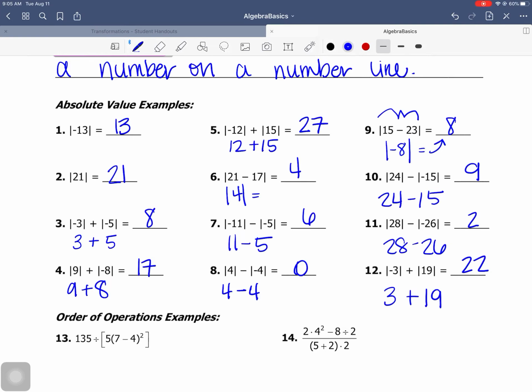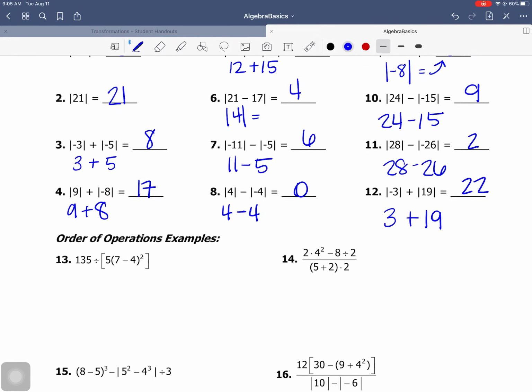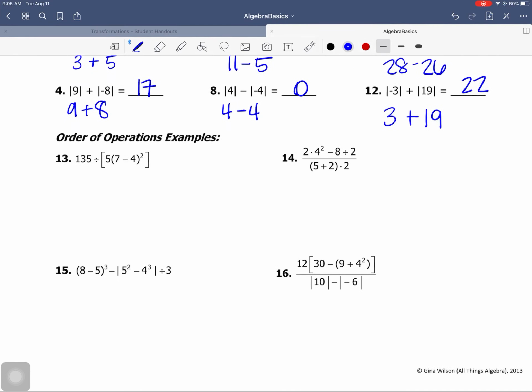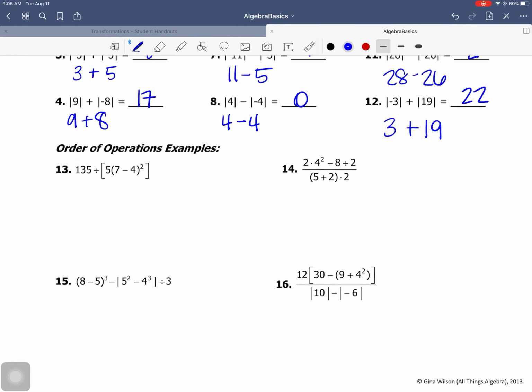Write those down. If you have any questions at all during notes or during independent practice, you should take a screenshot and email that to me or send it to me through Canvas, and I can help you a lot faster if you show me the exact problem you're working on. Now we're going to do order of operations. We're going to use the GEMDAS. So we're working within the grouping symbols first and then moving to exponents. So we're going to have